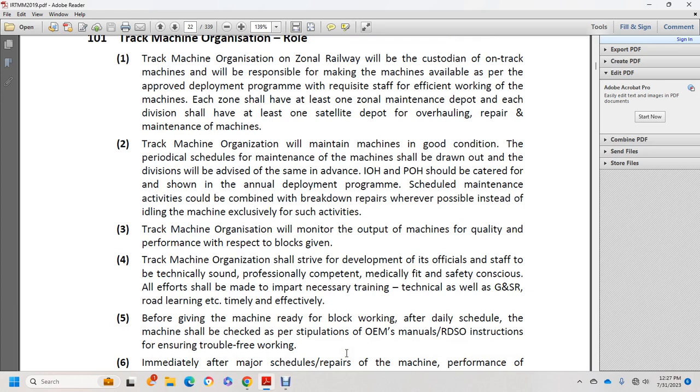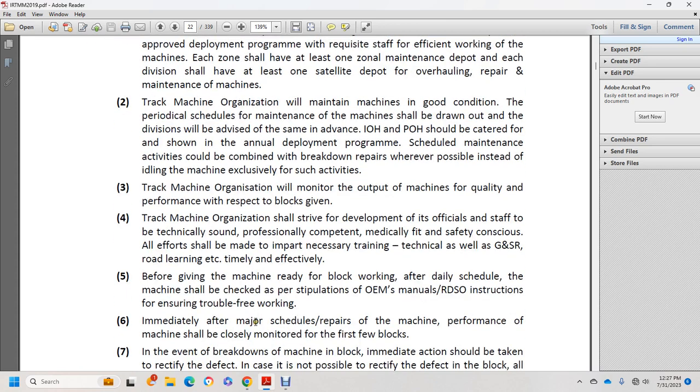Keep the track machine organizational staff technically sound, professionally competent, medically fit and safety conscious. All efforts shall be made to impart the necessary training, technical as well as GNSSR, road learning, etc., timely and effectively before giving the machine ready for the block. Daily schedule checks of the machine should be carried out as per the stipulations of the Office of Equipment Management,